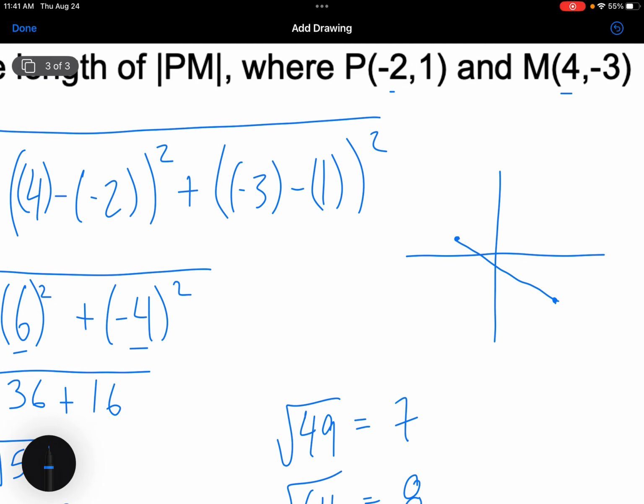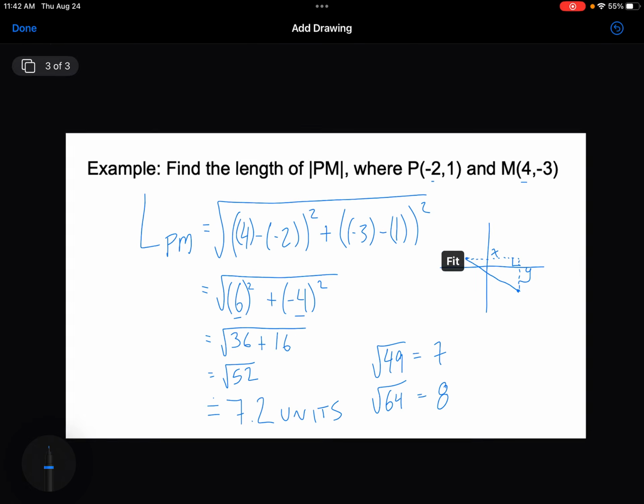Our line looks something like that, but we're creating a triangle. We're making a right angle triangle. So this length that we're finding is always going to be a hypotenuse. It needs to be longer than our x and longer than